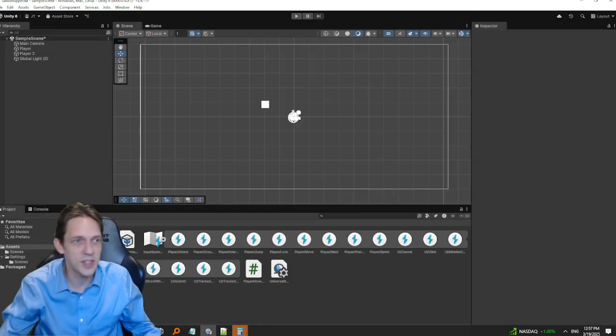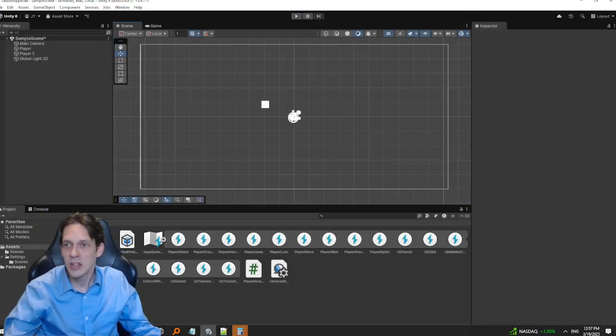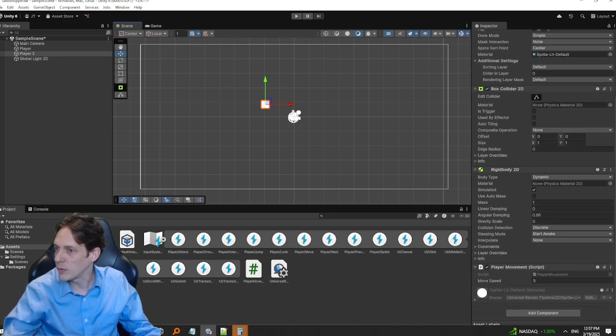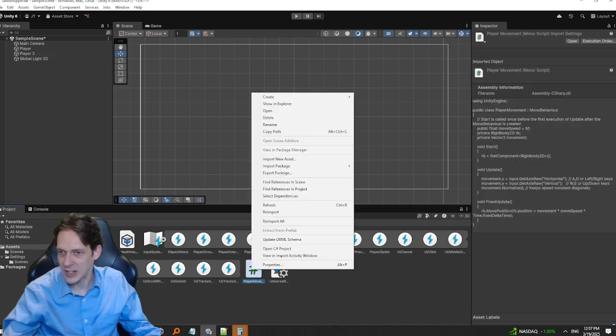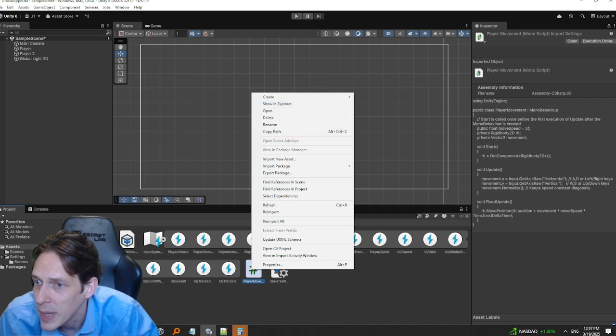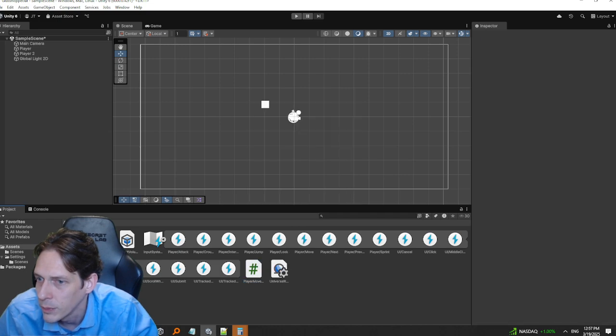That collision is interesting. We put collision on these objects. So what I'm going to do is take the player movement script here, and I'm going to duplicate that too. And I'm going to make it player 2 movement. Can I duplicate this? Copy path. So why won't you let me duplicate this? That's kind of lame. For real?